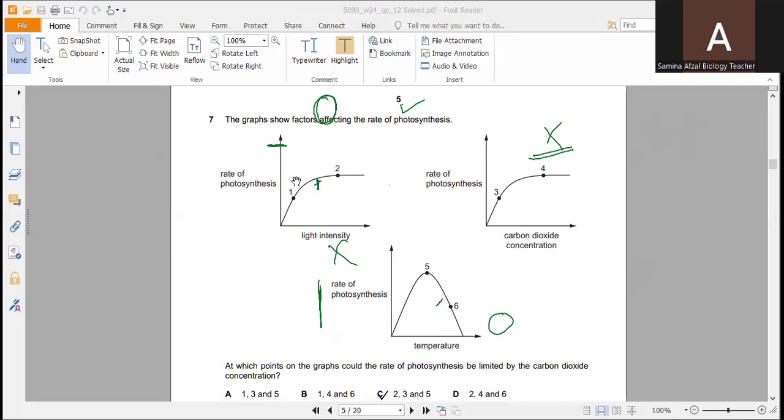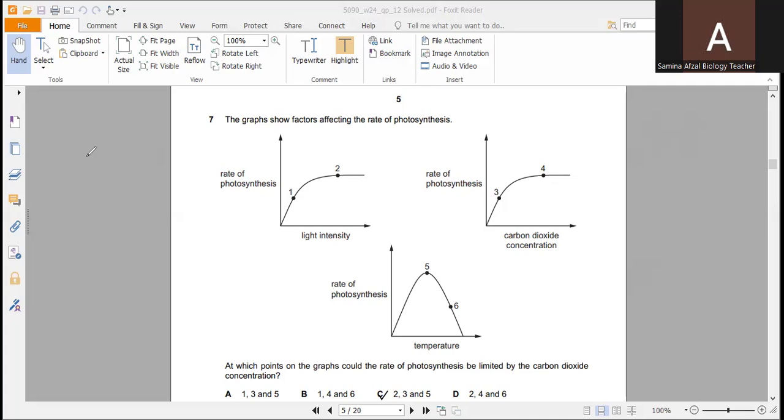And next question, number 7. The graph shows factors affecting the rate of photosynthesis. Three graphs have been shown over there. The first graph shows the rate of photosynthesis with light intensity. As light intensity increases, the rate of photosynthesis also increases, but after a certain time, it